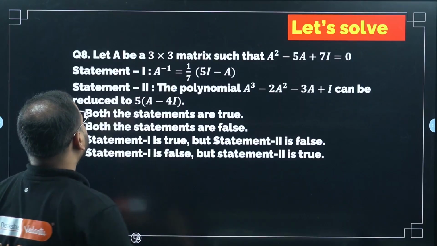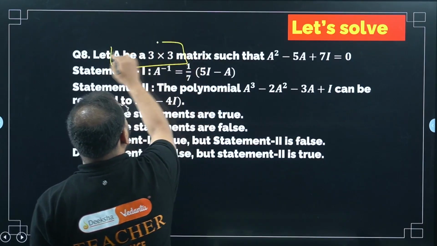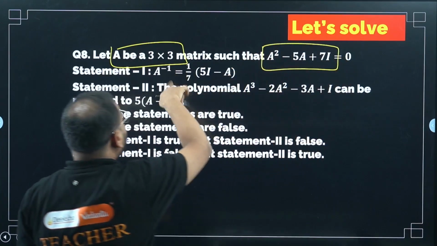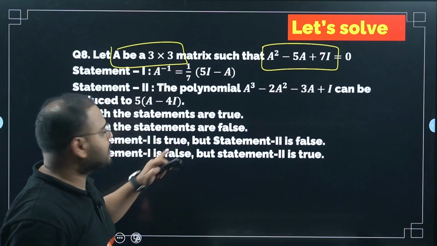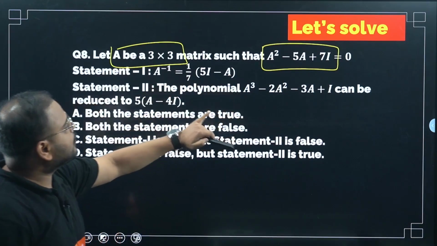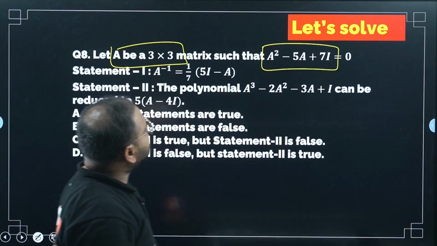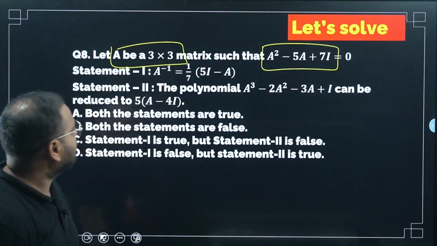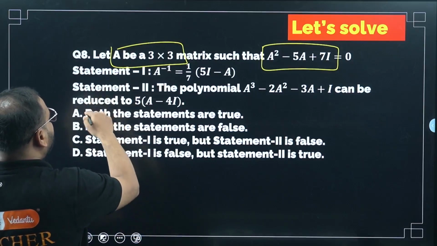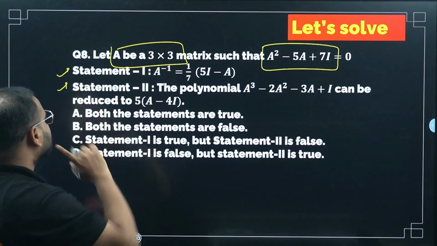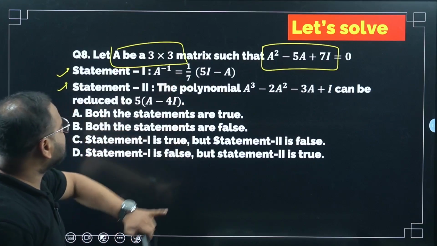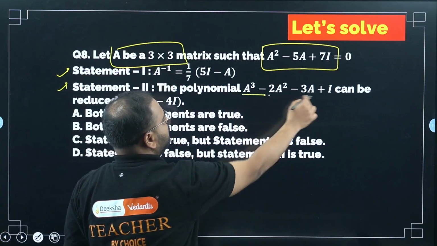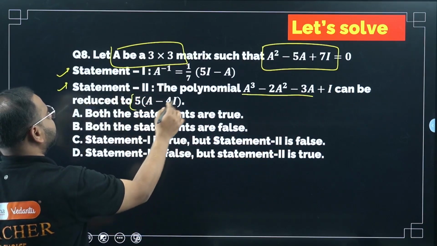So question is done. So they are saying that A is some square matrix 3 cross 3 and this is given. They are saying there are two statements. A inverse is this. So there is no A inverse in this case. So let's write first the given condition. We have to check whether statements 1 and 2 are right or wrong. Statement 1 is some expression with A inverse and statement 2 is this. We have to say that this is actually equal to or reducing to this part. So we have to prove this.